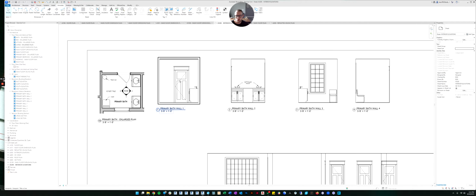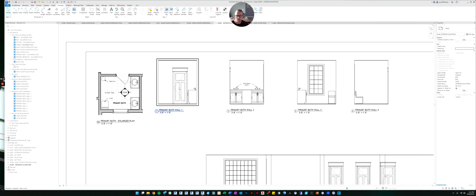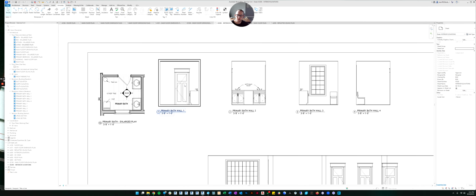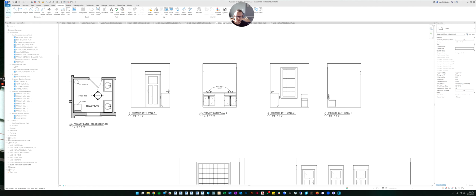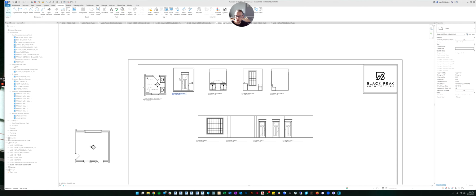Another thing you could do if you wanted, you could turn on shadows in here like we've done in the elevations, like the exterior elevations. You could also turn the colors on. So if you had accent walls that are certain colors, you could see the colors. But for now, that basically gets us through most of our annotations.